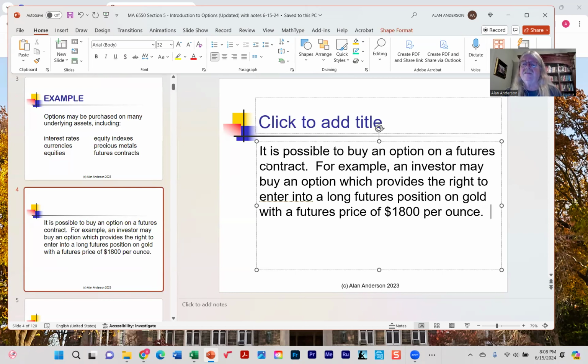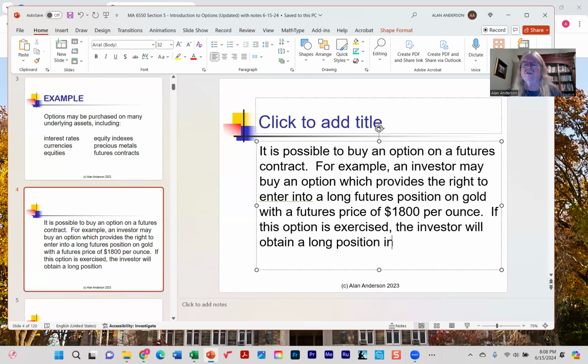So what that means is that if this option is exercised, the investor has the right or will obtain a long position, this futures contract,